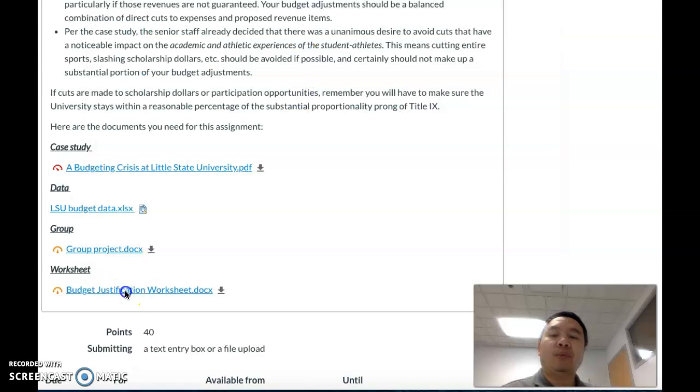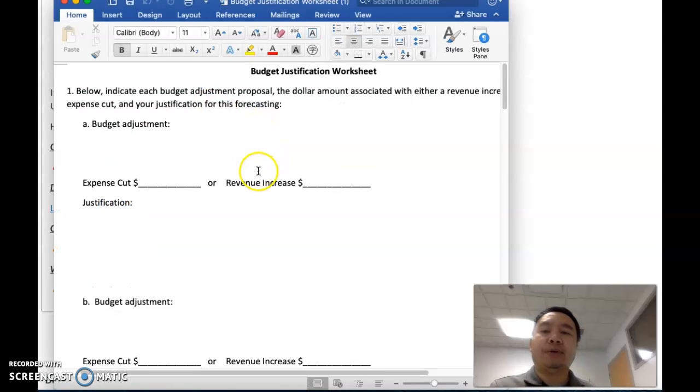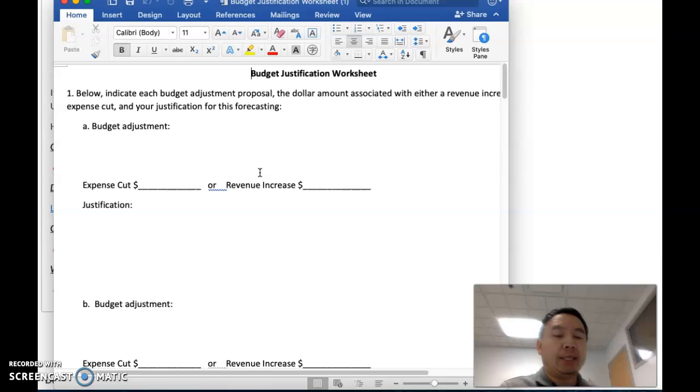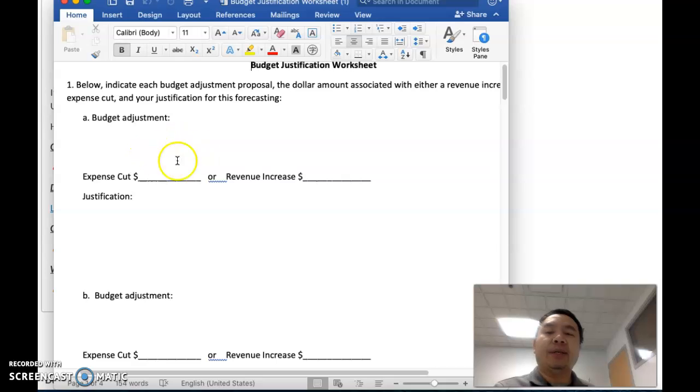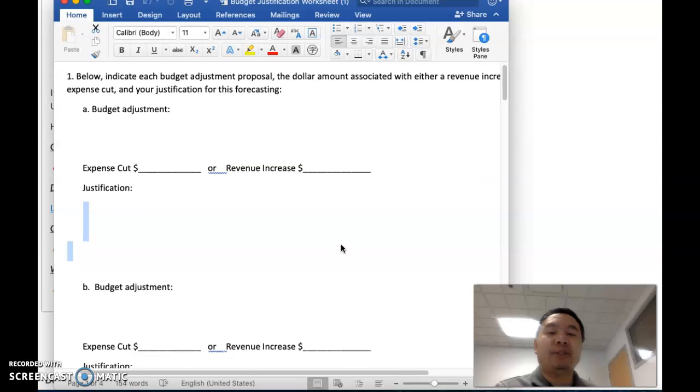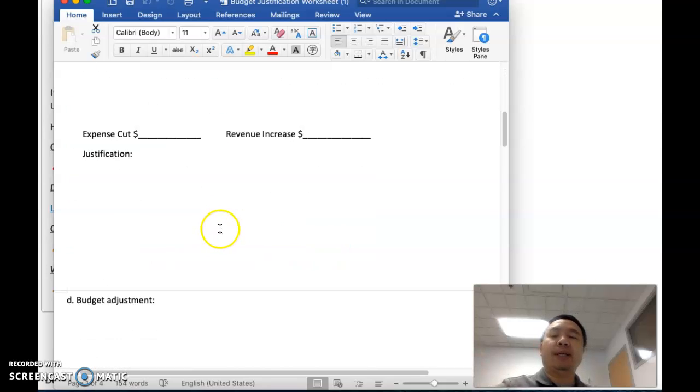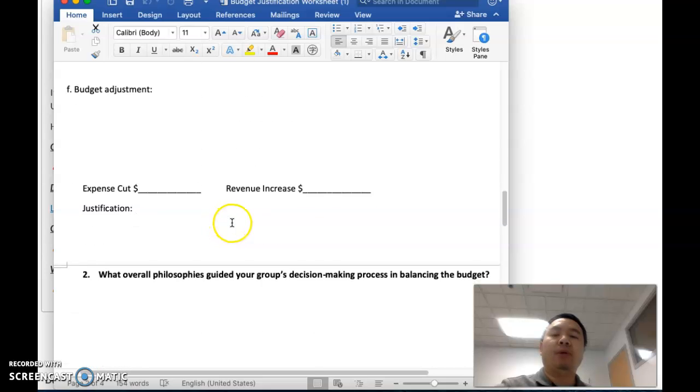And the last one is a worksheet. The worksheet is basically a document I provide you. You can just use this document to organize your assignment. So as I say, for this assignment, you come up with 3 ideas of cutting expense and 3 ideas of increasing revenues, right? So I list here, you basically just say, hey, I would like to fire one of the football coaches. So I'm cutting expense. Right? Why? Justify a reason why I need to fire these coaches. Right? So they just come up with 6 ideas. So I give you the places where you can work on it.